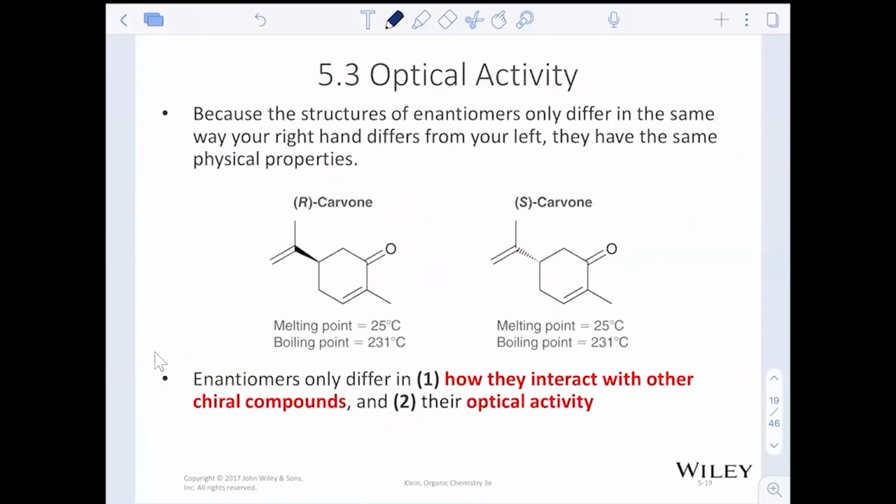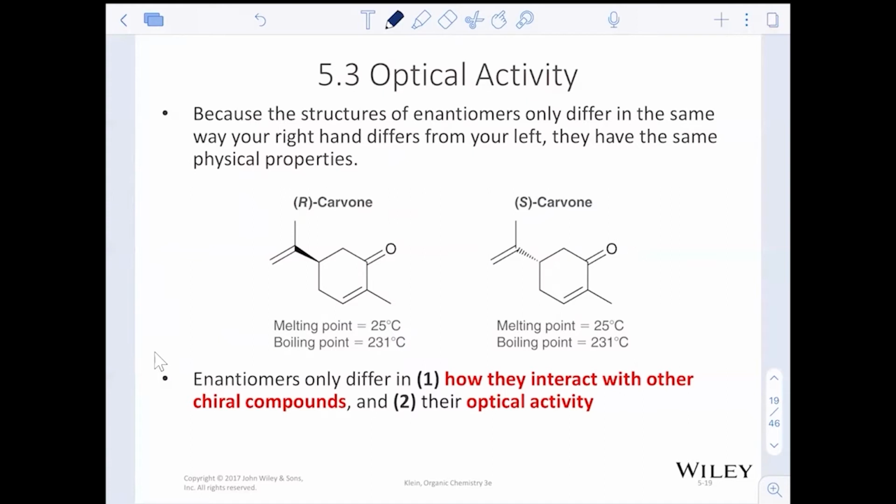Just to briefly identify a little bit more about this with optical activity. Because of the structures of enantiomers, they only differ in the same way your right hand differs from